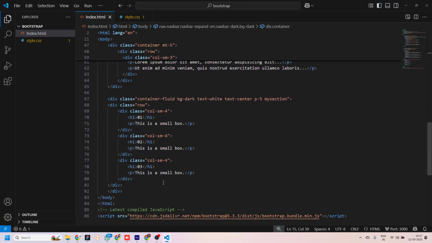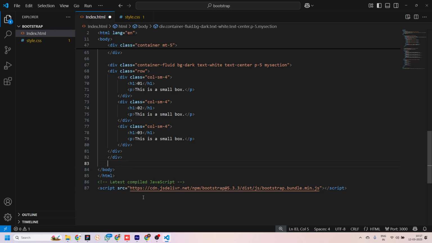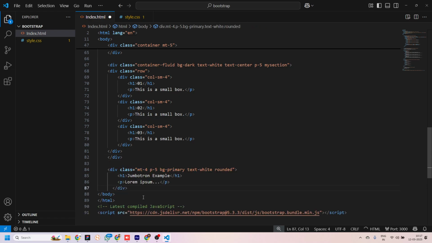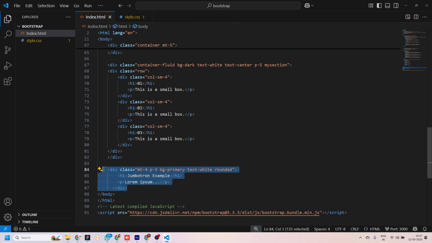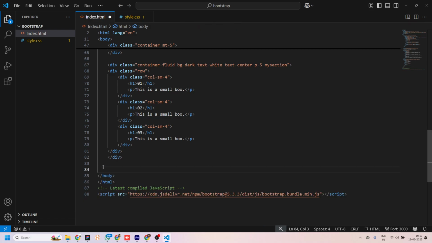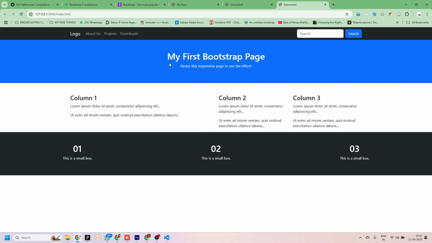And I want the jumbotron after everything I have on the page. There goes my jumbotron. Okay, of course we'll have to customize it a little. And the colors, if it is not looking so nice to you,